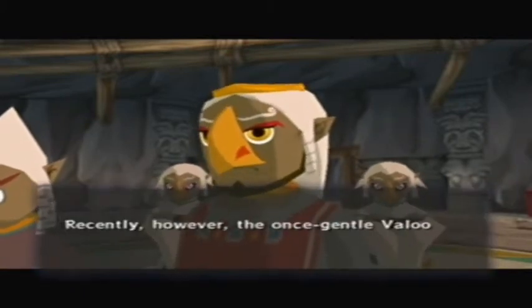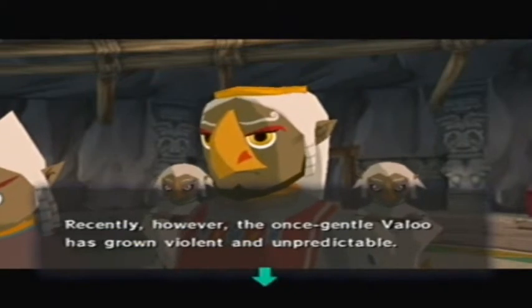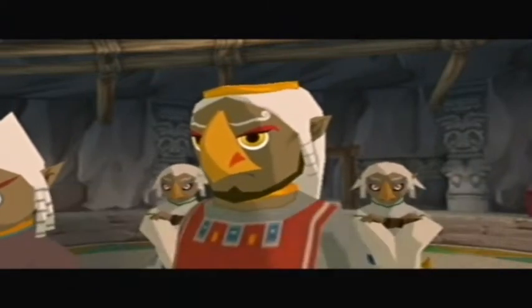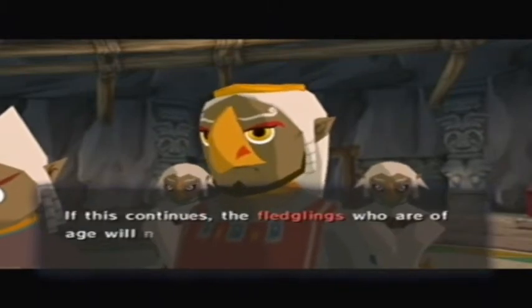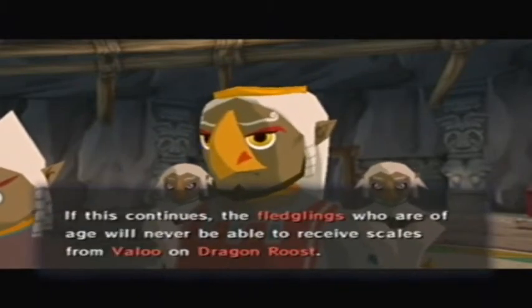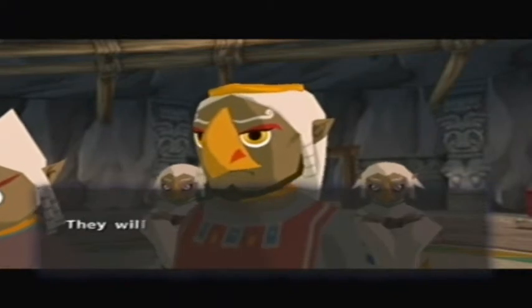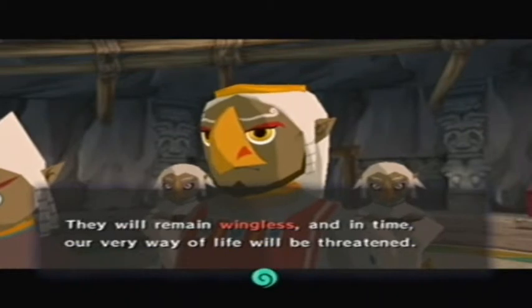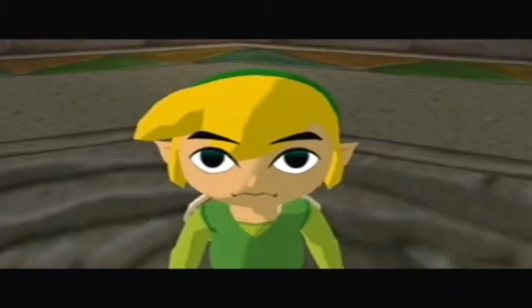I'm somewhat failing today, aren't I? Recently, however, the once gentle Valu has grown violent and unpredictable. Sadly, we can no longer approach him. If this continues, then fledglings who are of age will never be able to receive a scale from Valu on the dragon roost. They will remain wingless, and in time, our very way of life will be threatened, and